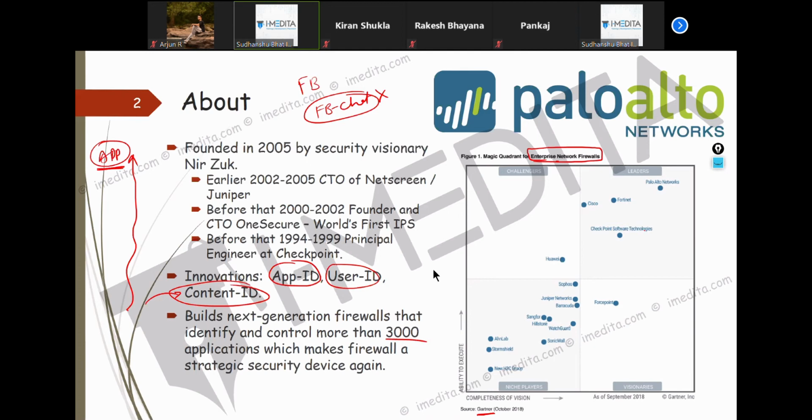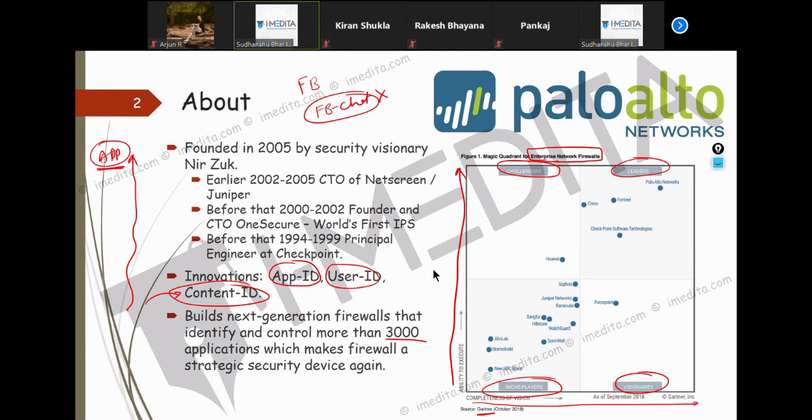They make this quadrant of challengers, leaders, visionaries, and niche players, based on two things: ability to execute, whether the company can execute what they have in their vision, and completeness of vision, how well they were able to complete that vision.